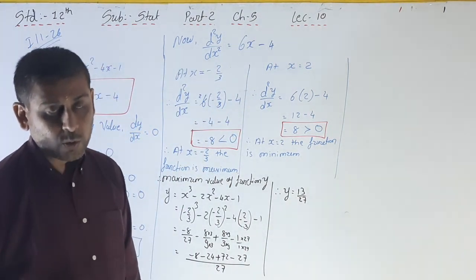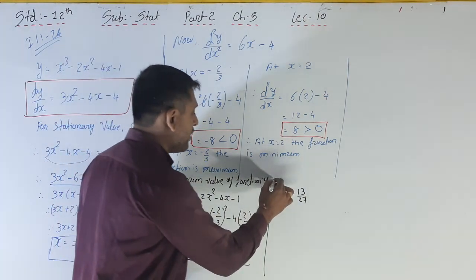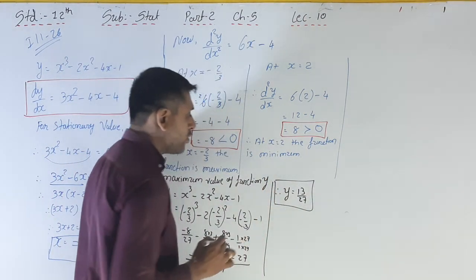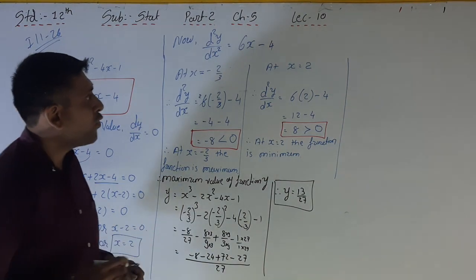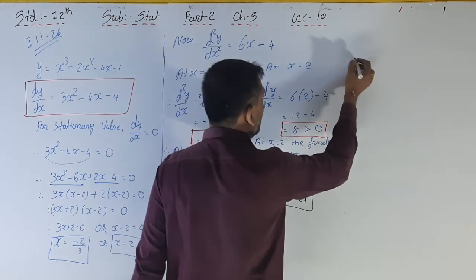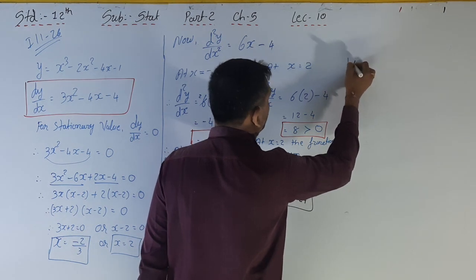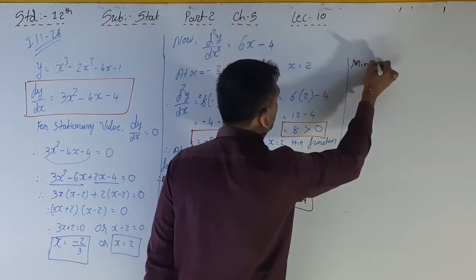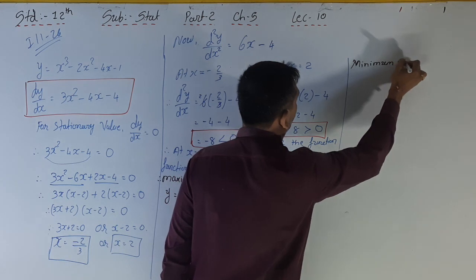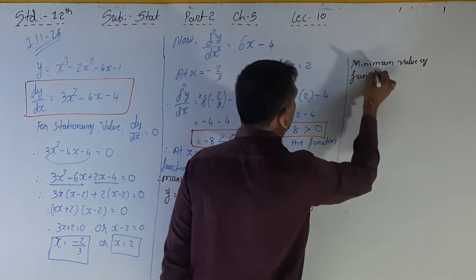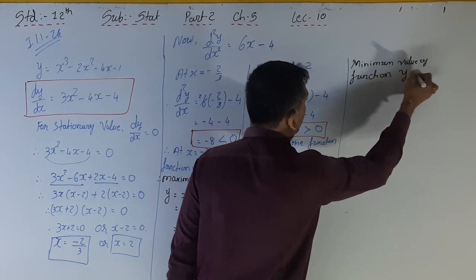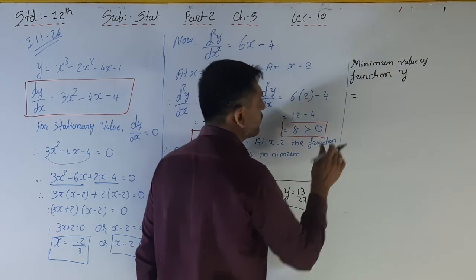Y is equal to 13 by 27. That is the maximum value of the function is 13 by 27. Now we have to find out the minimum value. I am finding out here that, see, minimum value of function y is equal to,